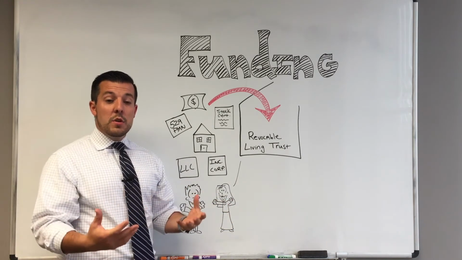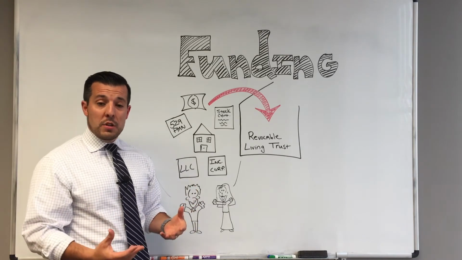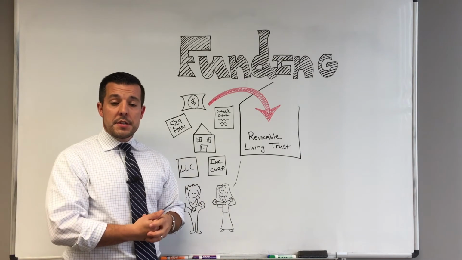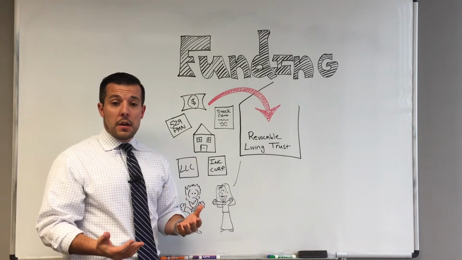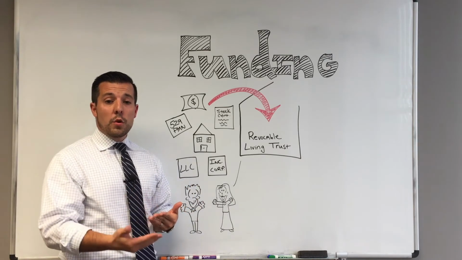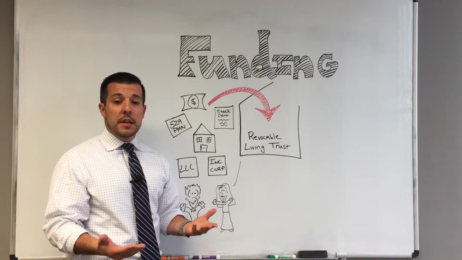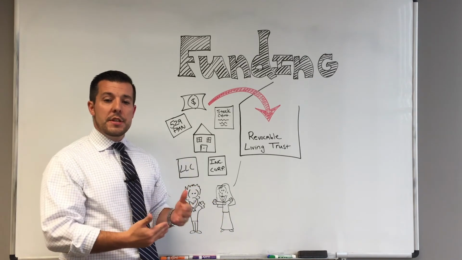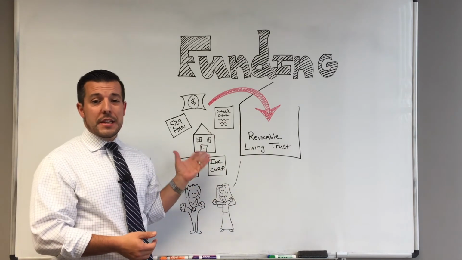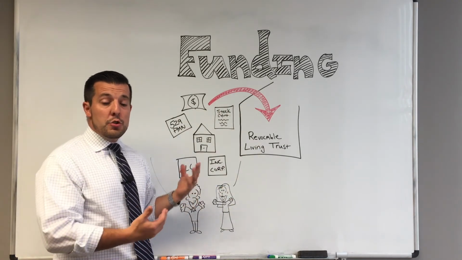The meat of doing that, of course, requires a lot more conversation. It's particularly unique to each of your assets. What you will need to do is sit down with an estate planning attorney, somebody like myself, who can review that process and plan for you. And really you should have a funding plan. We call it a pathway to funding, so that you know all the steps that you need to take, for example, to take your home and get it into this box, or to take that 529 plan and get it into the box, whether it makes sense for you to do that.